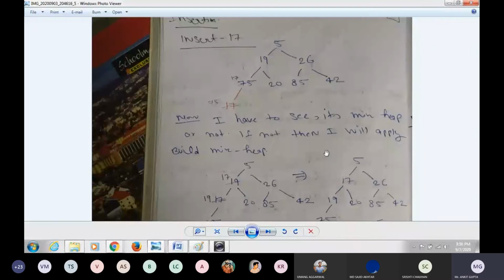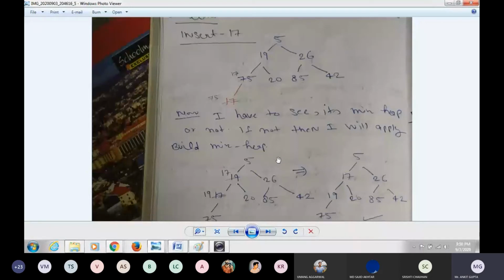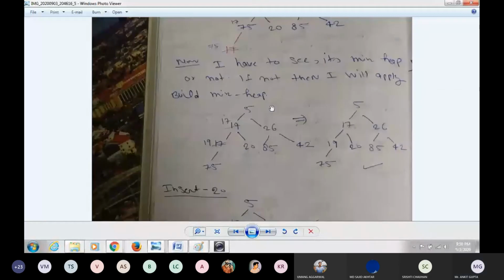If not, then I will apply the build min heap algorithm, whatever I discussed in the previous notes. Correct. So I am getting 5, 17, 19, 20, 26, 85, 42 and 75.